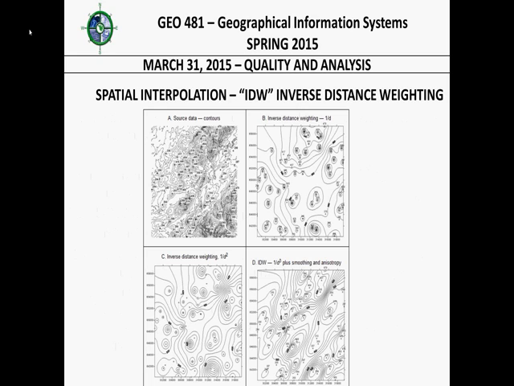So here's source data of contours. So if you want to predict values at certain locations from contours, here's how the results are quite different based on a different power. Not to worry about that. And then on the last slide,